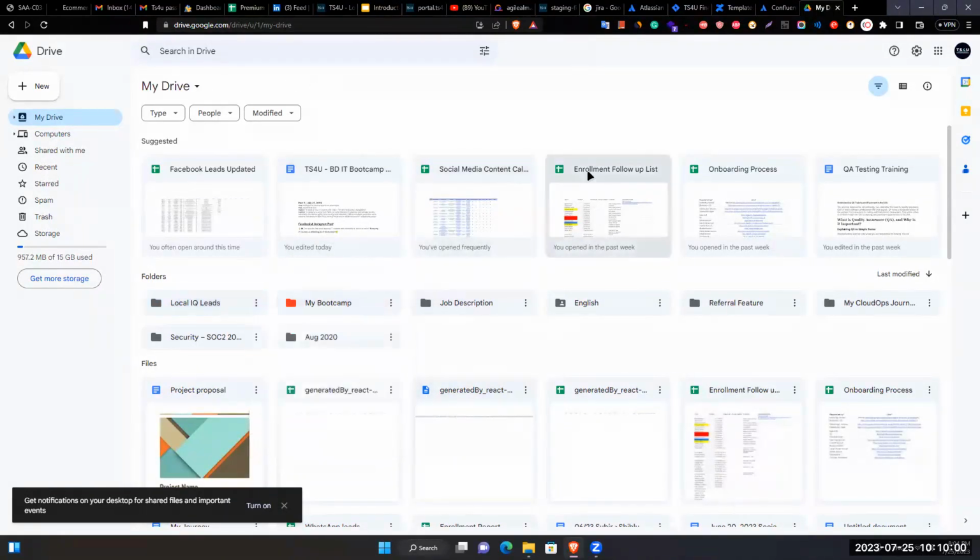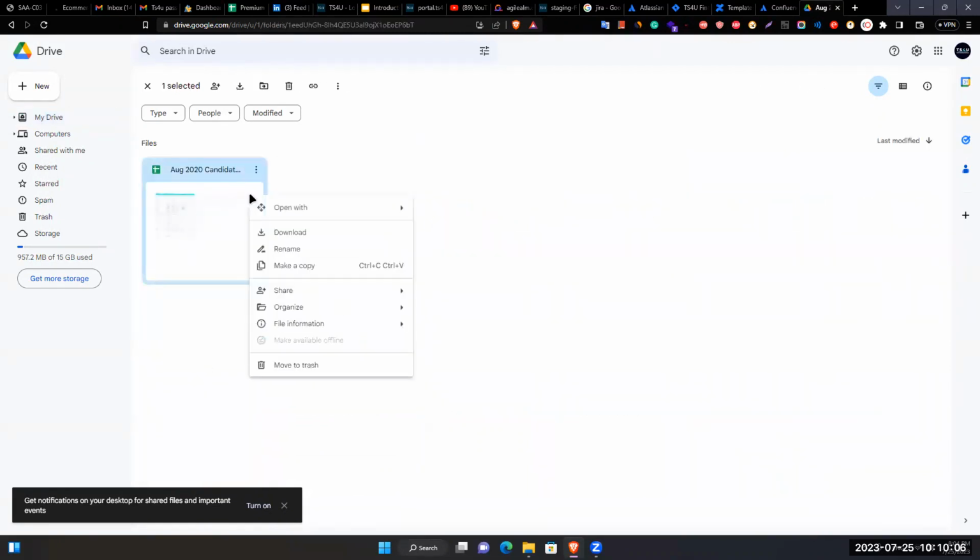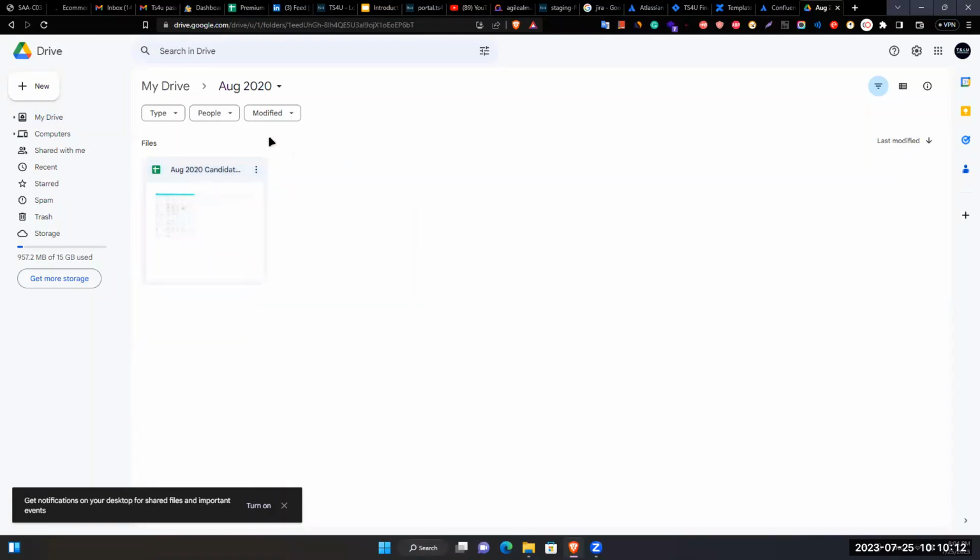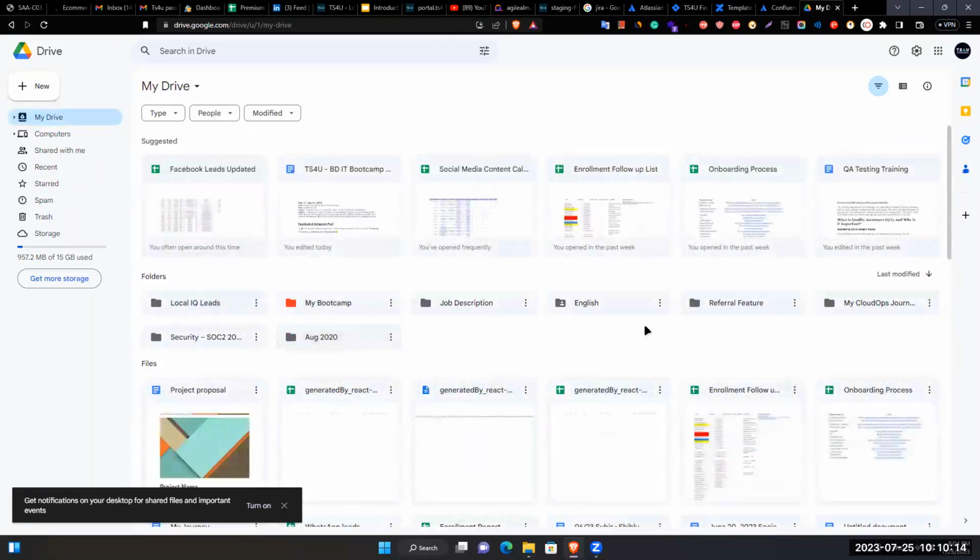Let's say this one, where is the star? Okay, this one I think someone shared. I will show you this one also anyway. So yes, we can star this, then we can get that easily in this way.